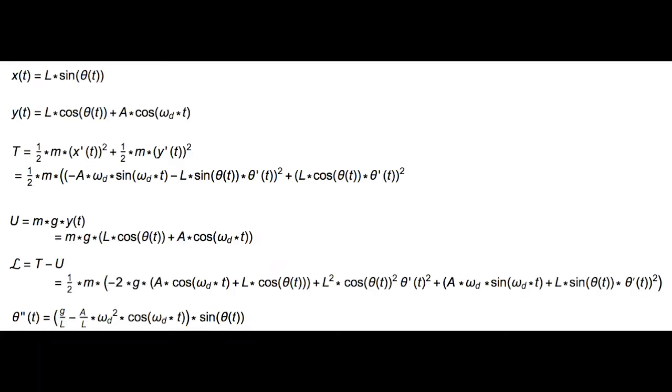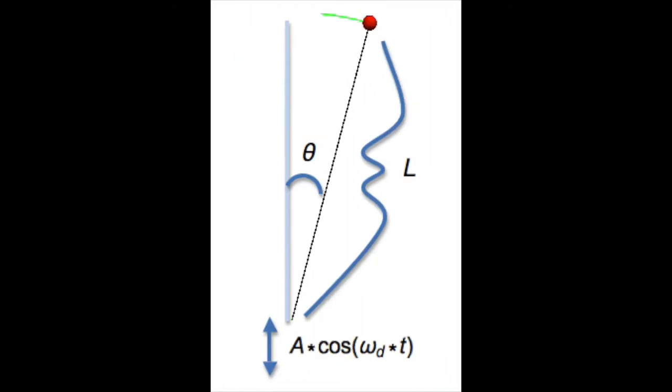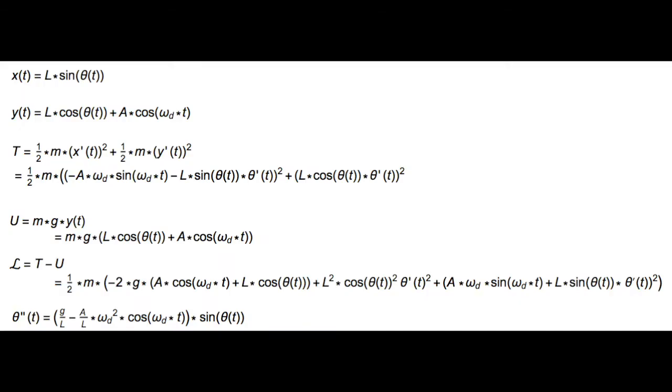The motion of the pendulum can be described by deriving a differential equation from the Lagrangian. This can be found first by defining the coordinates in terms of the angle the pendulum deviates from the vertical, as well as the driving frequency and amplitude. Then, by defining the kinetic and potential energy in the x and y direction in terms of theta to get your Lagrangian. And then, you use the Euler-Lagrange formula to find your differential equation for an inverted pendulum in terms